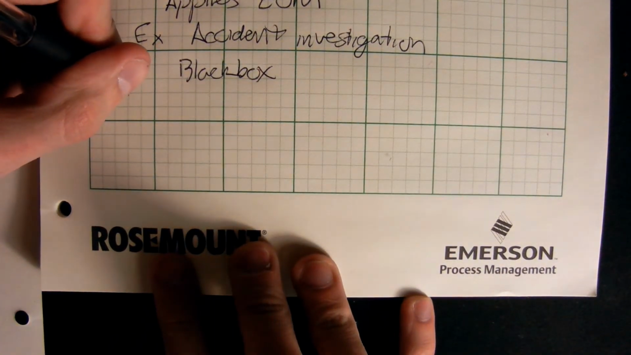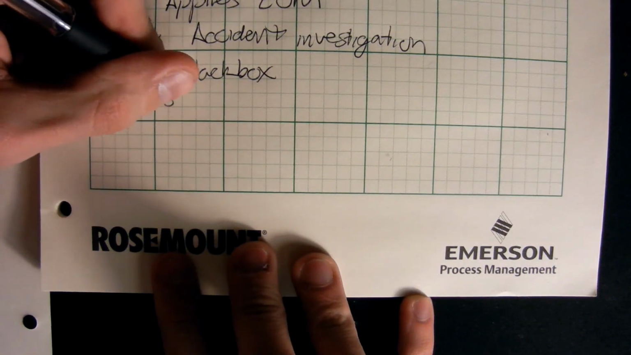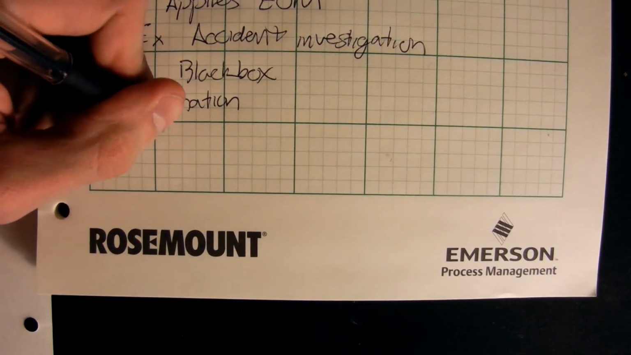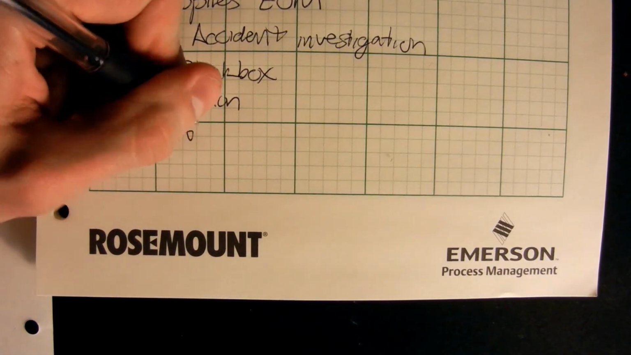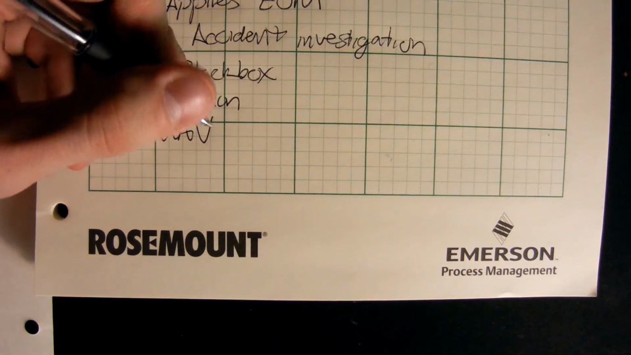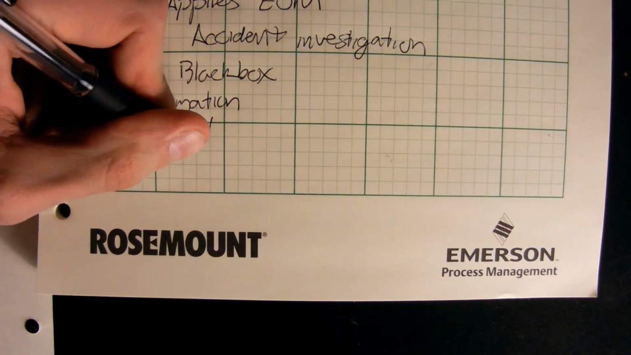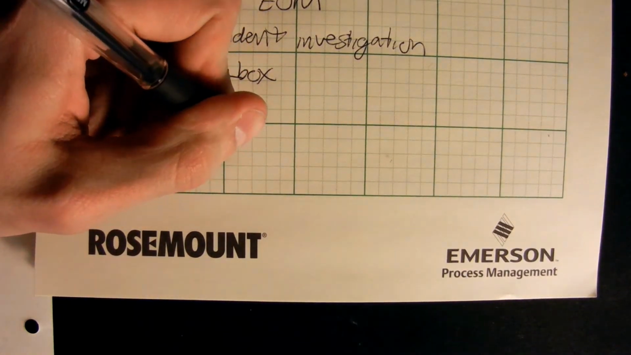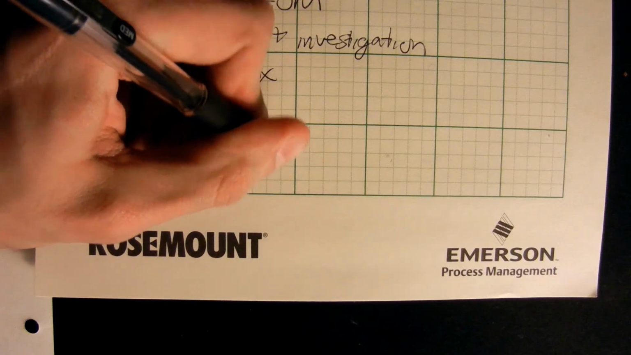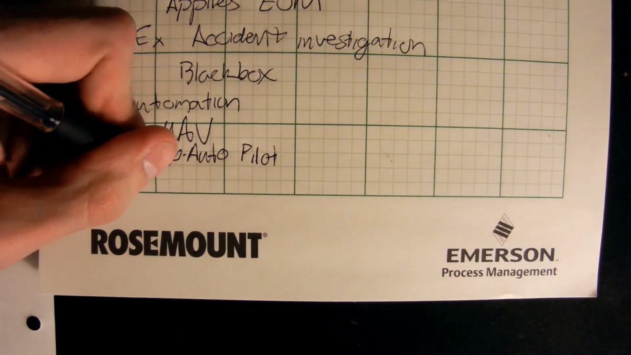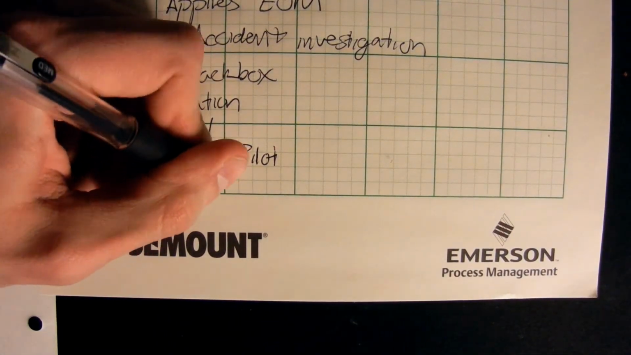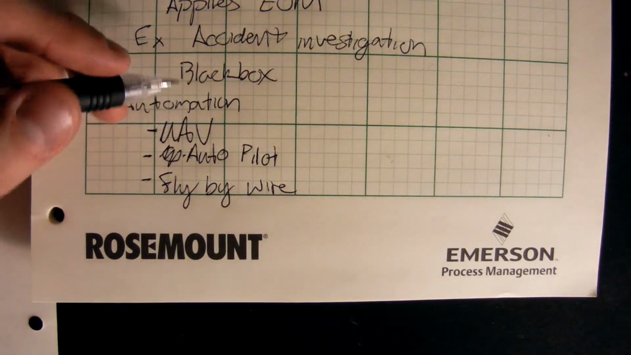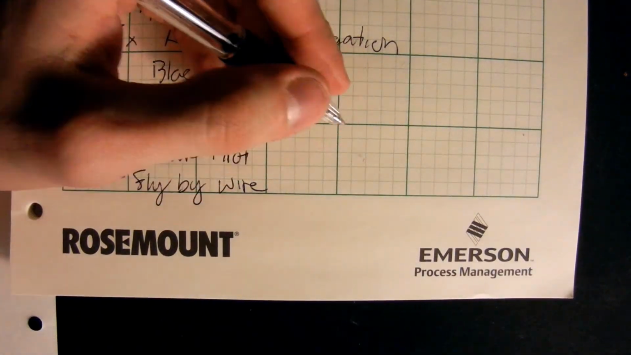Okay, and then thirdly, we have automation. These automations come in the forms of UAVs. Those are uninhabited aerial vehicles. It's also the autopilot on commercial airline planes. And then fly-by-wire as well. You probably know what the first two are, so I won't go into any details about those, but fly-by-wire